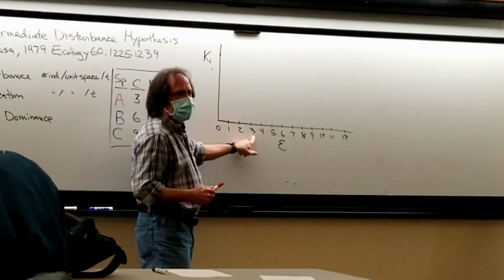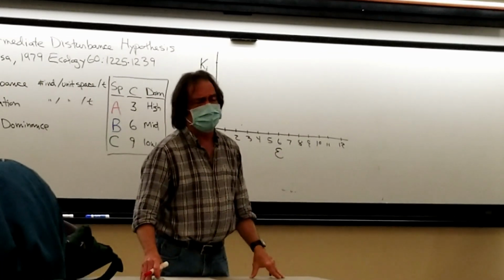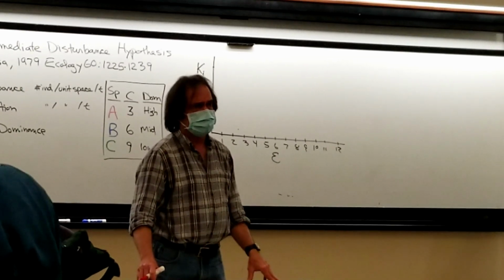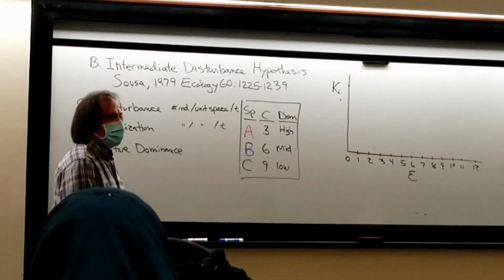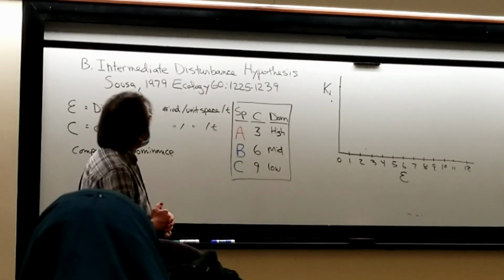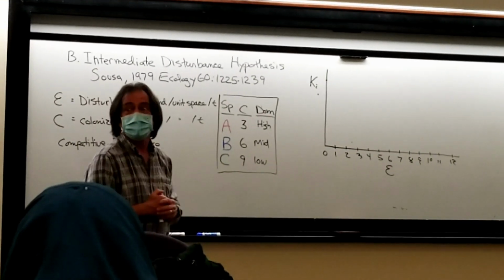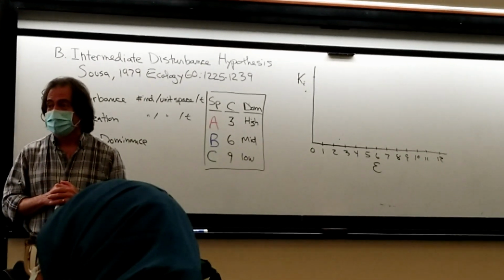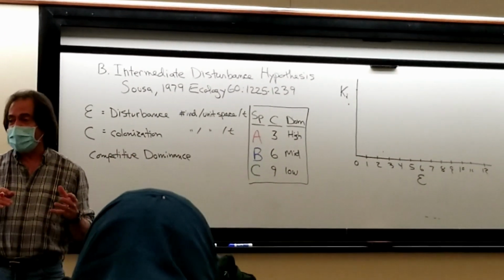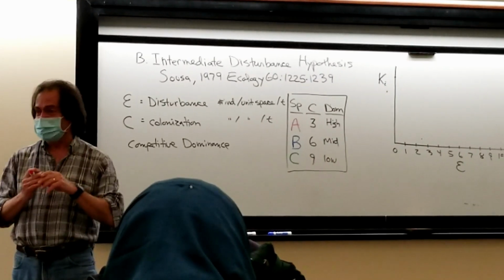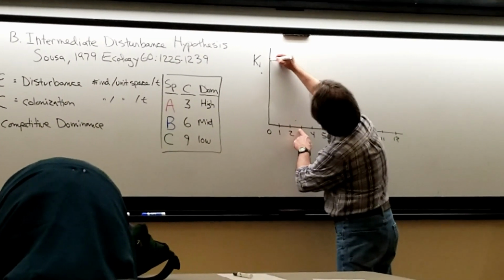As disturbance increases, what should happen? It should be lower and lower. Is there a disturbance beyond which A can't exist? Yeah, and what is it? Exactly what is it, in terms of individuals per unit space per unit time? Yes, why 3? Right, so when the chance of being torn off the rock equals or exceeds the chance of attaching to the rock, that's too much disturbance. Exactly right. So we can draw a straight line from here to here